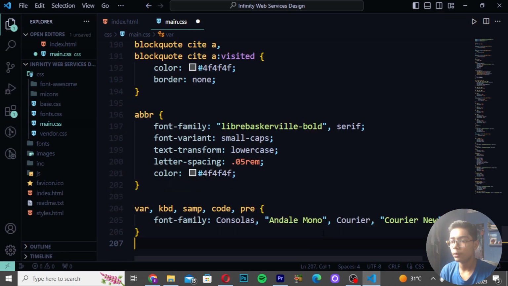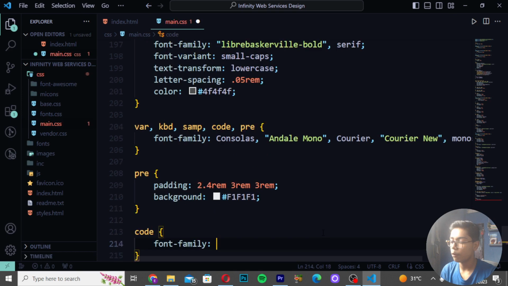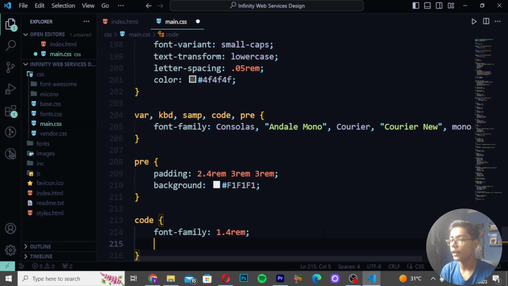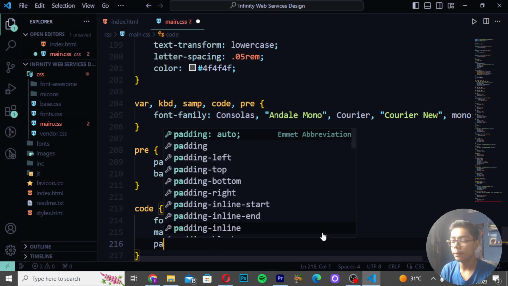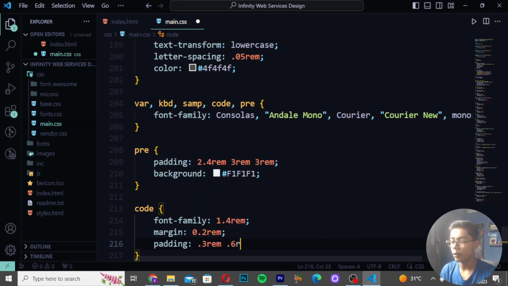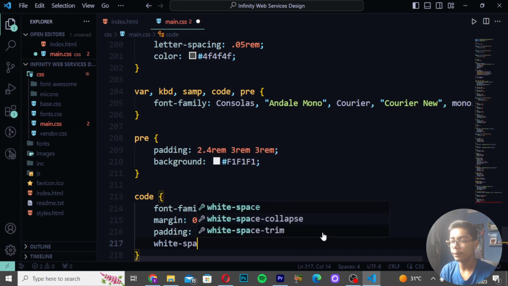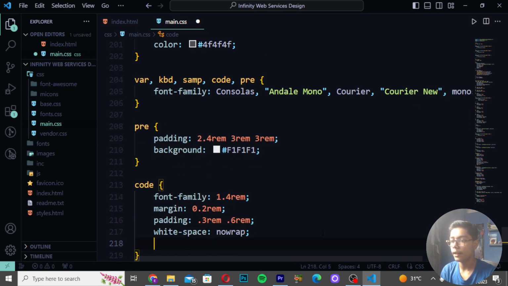Then you have to move down and create pre tag, which we have used at the top as well, and here I will only be setting the padding 2.4 rem, 3 rem and 3 rem, and also setting the background here, which will be capital F1. Then write code, and then you have to set font size, which will be 1.4 rem, and then you have to write margin as 0.2 rem here, then create padding as 0.3 rem and 0.6 rem. Then here you have to write white space, which will be nowrap, and here I will also be writing background,